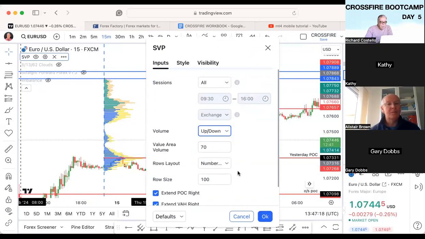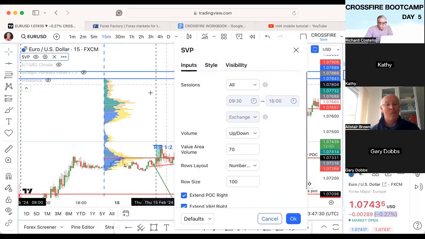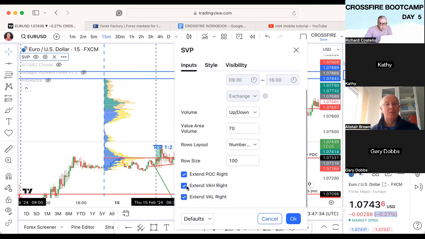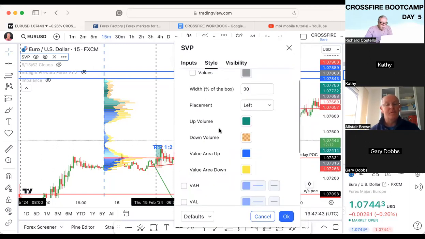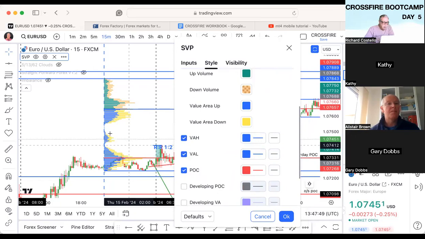There we go. I'm not sure what delta means. I haven't looked at that. If I just move that out of the way. What I'm interested in here is I've got extend, value area high, value area low, but I haven't clicked on in style. So what I need to do is click value area high, value area low, and it gives me two additional